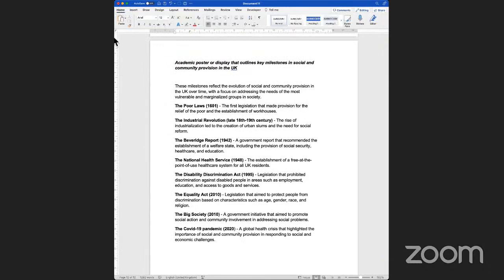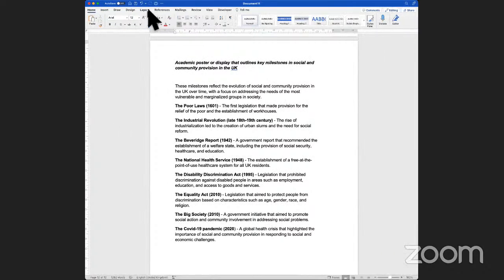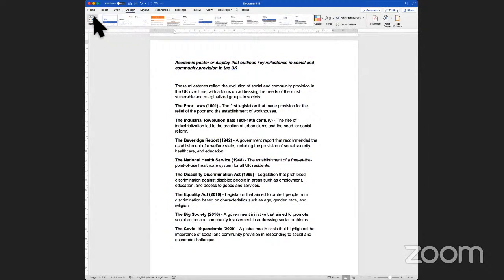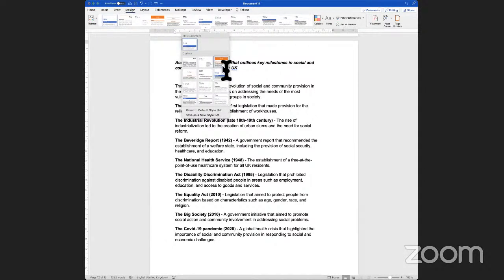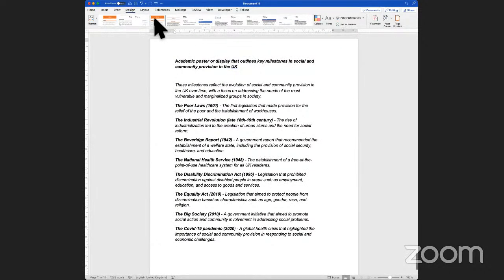In a Word document, there is a way that you can create this as a poster. So if you go into Layout or Design, there is an option wherein you can choose any of these designs and then create it as a poster. So if I choose this first one as an option,